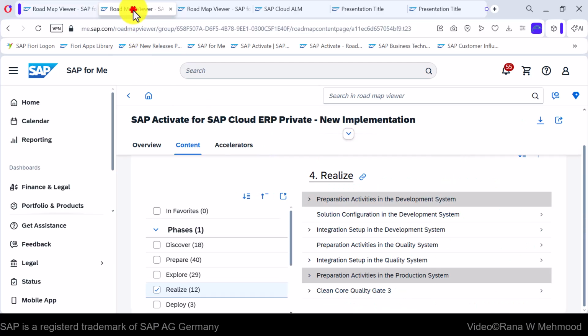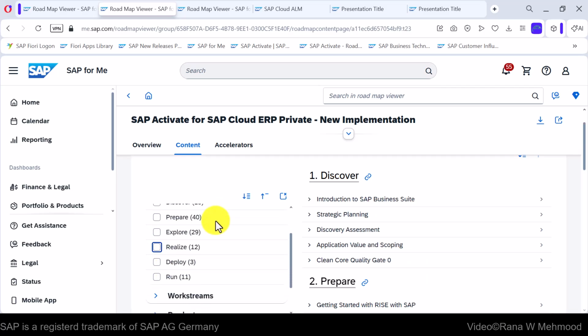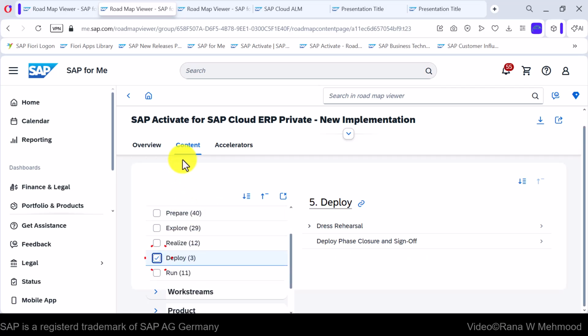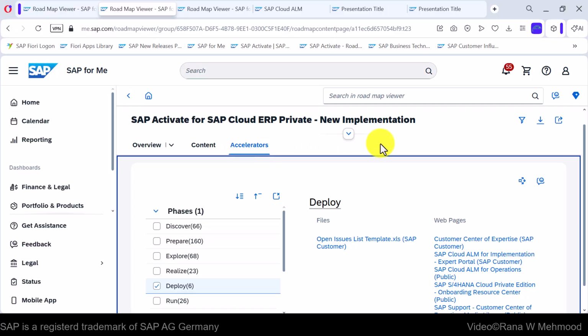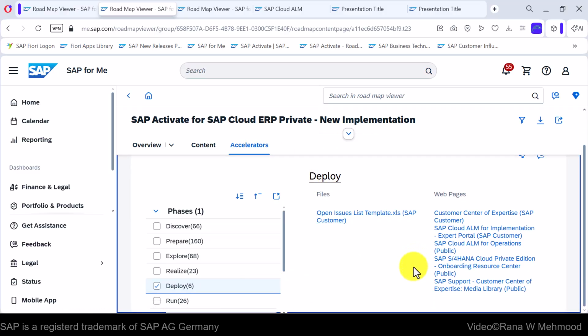Similarly, we can also take a look at the tasks and content for deploy phase for SAP private cloud, and here we can view dress rehearsal, and accordingly we can view the content, and then deploy phase closure and sign off. And if you want to view all the accelerators for deploy phase, then you can click accelerators tab, and